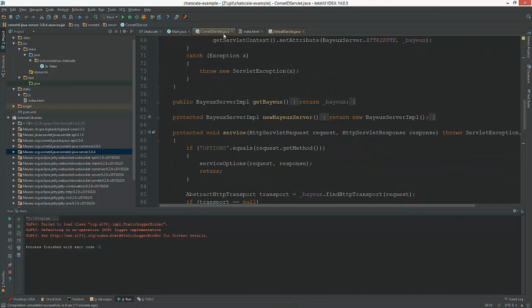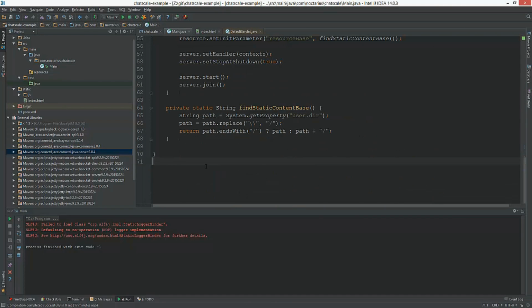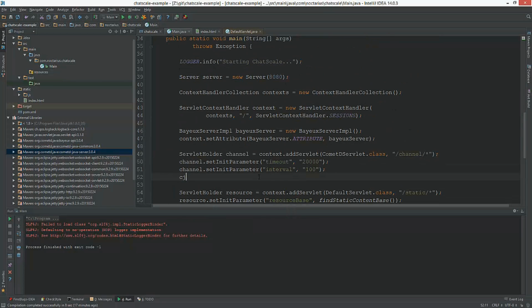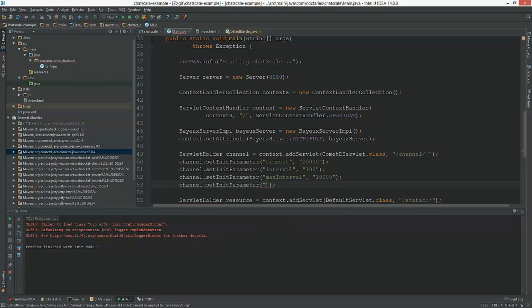I think it was the checking interval, so how often clients should be removed. Then the multi-frame interval.